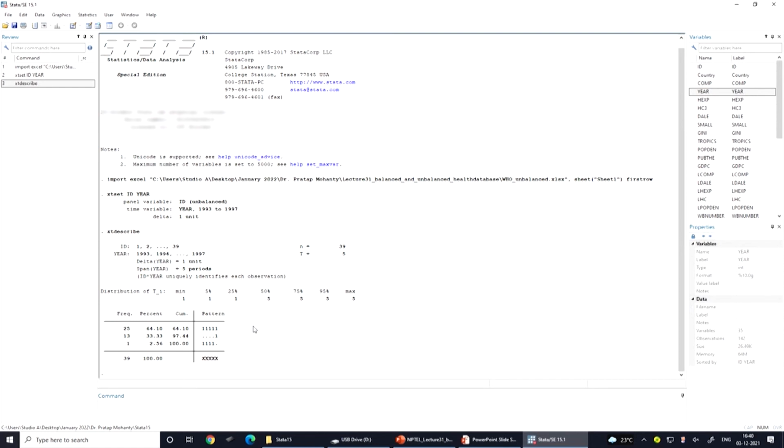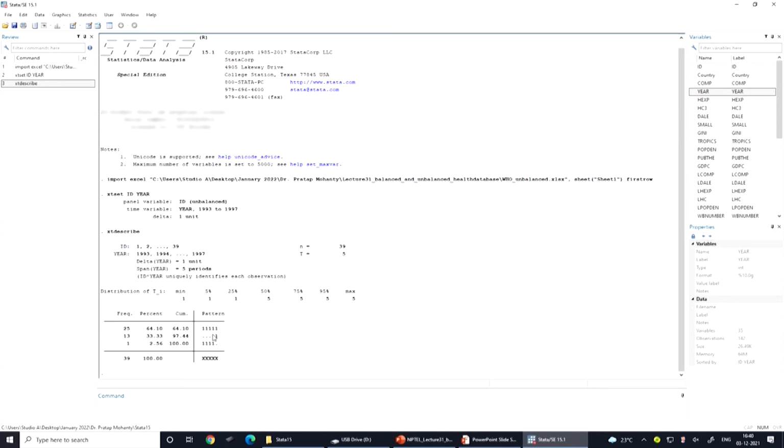There are 13 such observations where only the latest time period entries are there. Only one observation has the first 4 time periods available, but the last time period is in fact missing. Therefore, the data has been earmarked as unbalanced.